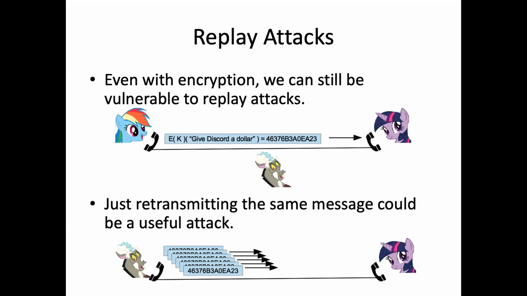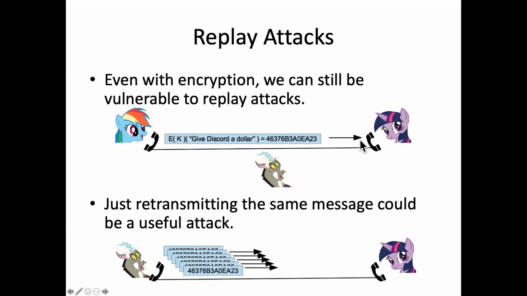An easy way to fix this is to make sure that you would never send the same message twice. When you send a message, instead of just encrypting it, it seems like you need to include something like sequence number information. This is the first request I've sent you. This is the second request I've sent you. And then sending the same request over and over, if that request contains sequence number information, then a receiver of that message would know that's just a copy of a previous message and could ignore it.